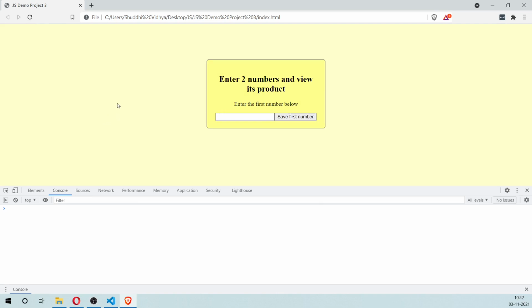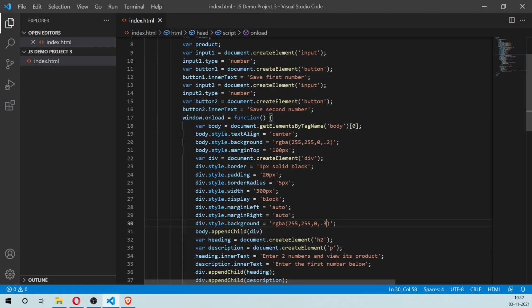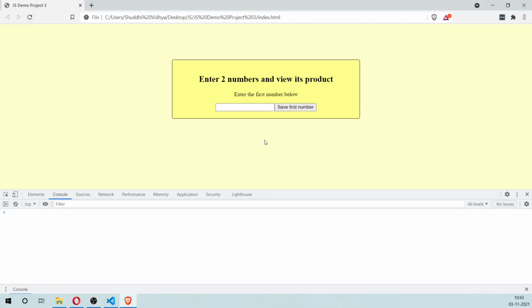Okay, this looks a little better. You can actually go ahead and customize this in endless different ways. It's up to you how you style this. Let's try it one more time. Okay, we may need to increase the width of this div container, so let's give it a 500 pixel width. So this looks a little better, so let's try it out.